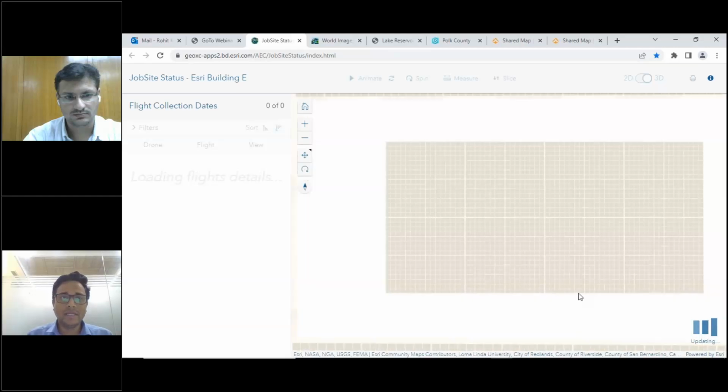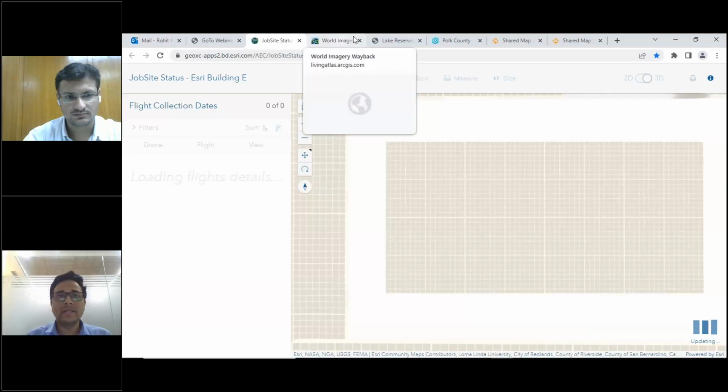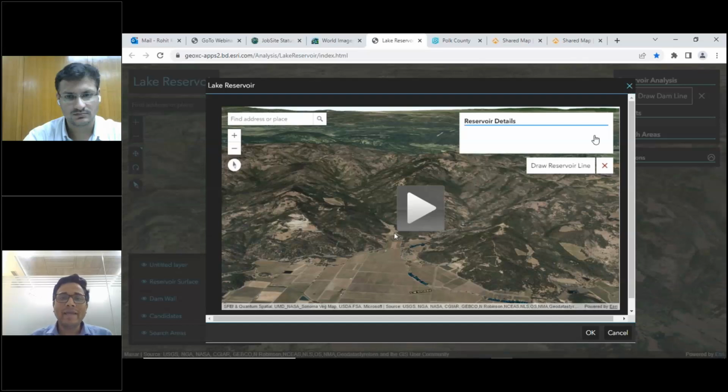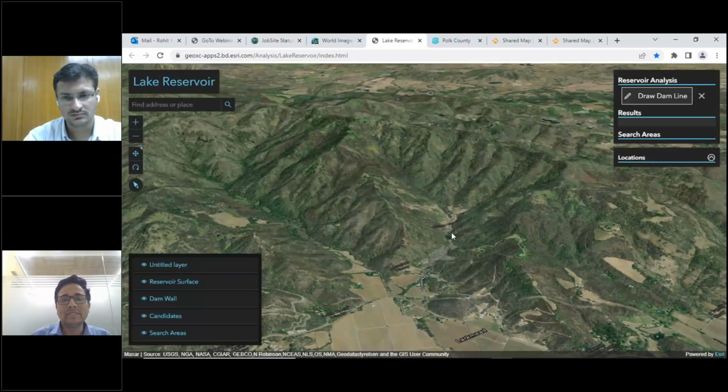This application is still loading because the data set is heavy. It will take some time. We'll go to other applications. So why am I giving you the example of this application? This is a web application created by someone from an Israel team, and in these applications, what they do is basically